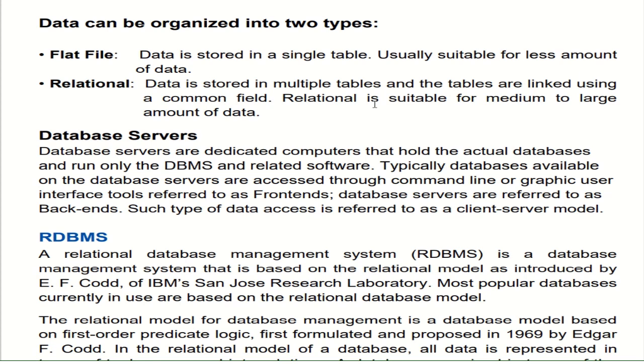Like for example, school data is there, and in the school the teacher table is one table where the teacher details are being stored, and second one is your students table where the students record are stored. But if you want to take the class, then these two tables are being linked together such that the relation could be made between the teacher and the students. For that, one new table could be prepared according to the teacher and student. So for that we need what? Relational, and we need to link two tables, right?